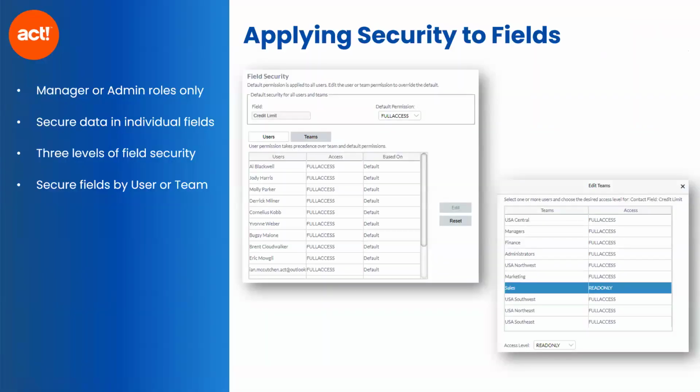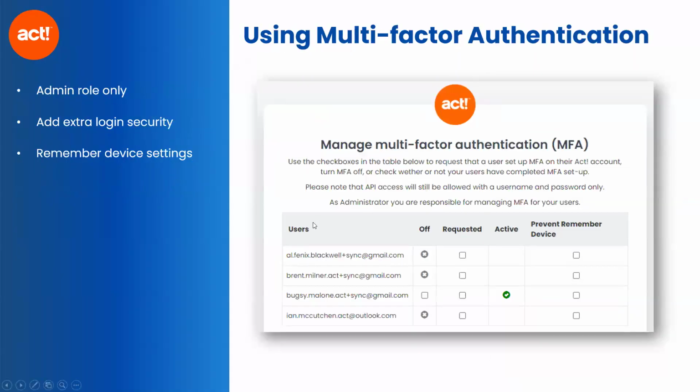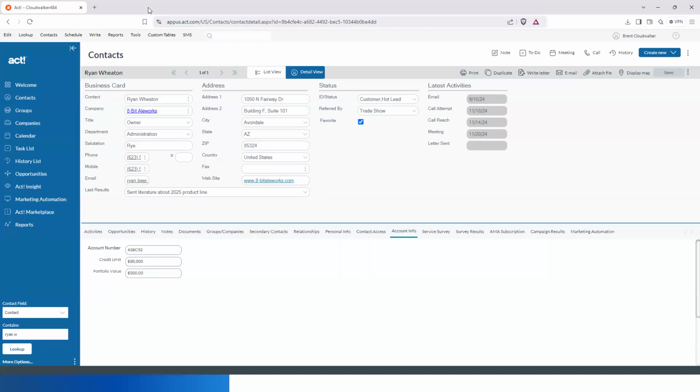Now, the other one that I wanted to talk about was multi-factor authentication. You can use multi-factor authentication to prevent your users from logging in without using their phone. So this is going to add that extra layer of security. You've probably seen this on some websites where you log in and they want you to give your phone number and then they send a code to your phone and you have to use that code to log in. Most banks are doing this. There's a lot of websites that are doing this now. This is an option that you can have in Act as well if you want it. It's not required, but you can set this up if you want to.